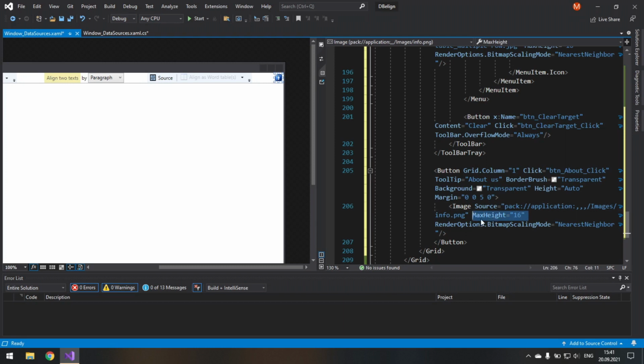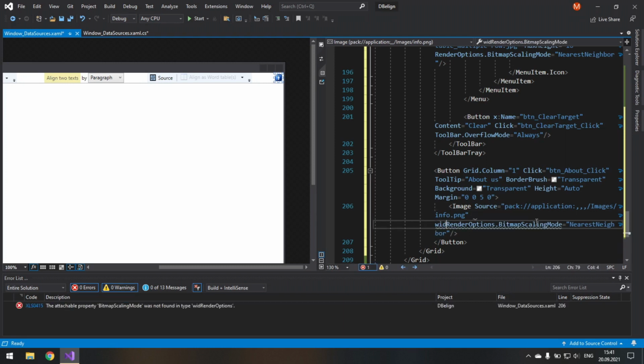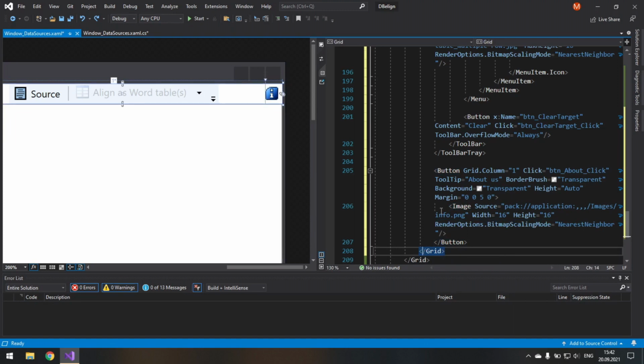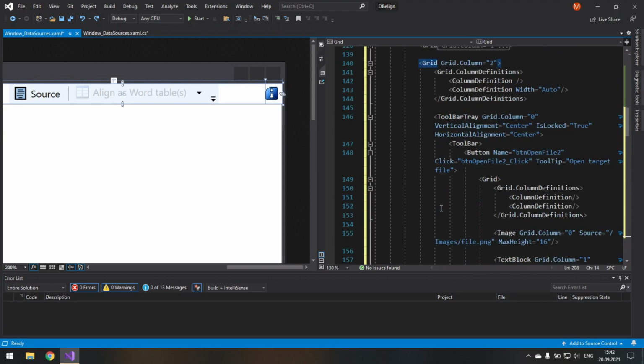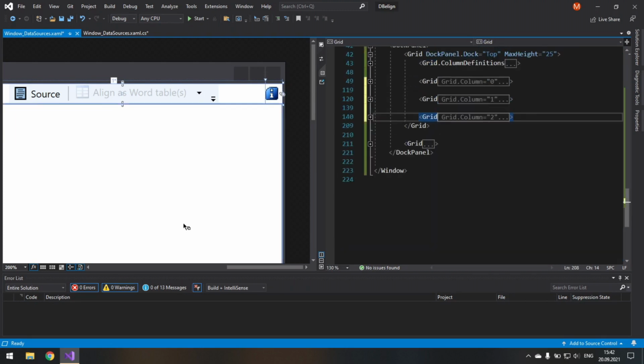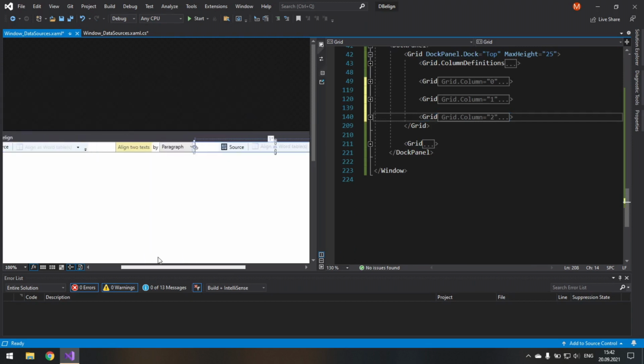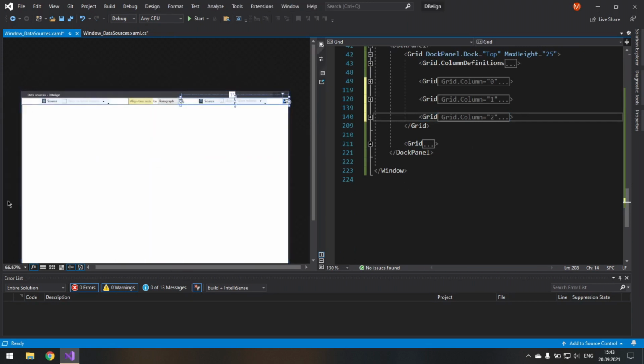Well, we can actually set not just its max height, but strictly set its width and height. Width 16 and height 16. We are done with the third set of tools, so collapse it. And actually we are done with our top panel, or bottom if you choose so. In the second row we just need 2 text boxes.